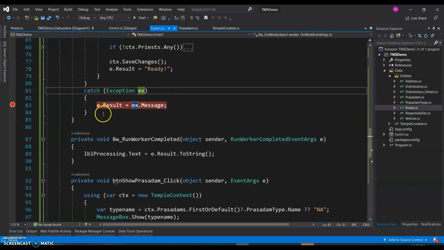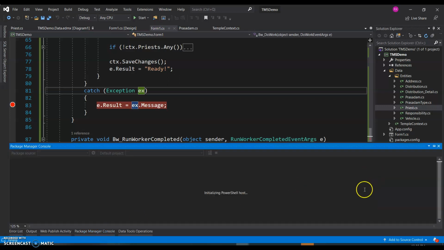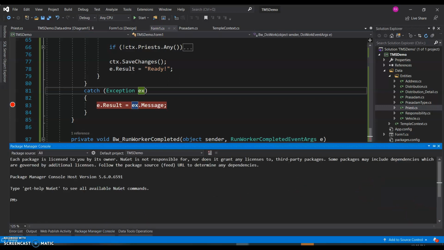Okay. So the first step would be to come to the package manager console, and through a command I would want to enable migrations, and the command for that is enable migrations. Now if I do this and say enter, it will go ahead and create all the infrastructure required for migrations, but it will just dump them in the root of the project, which I don't want.